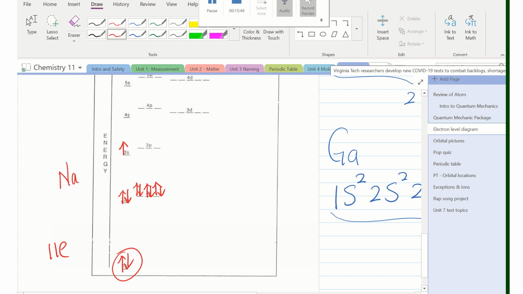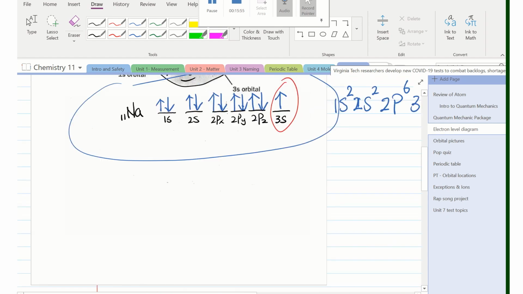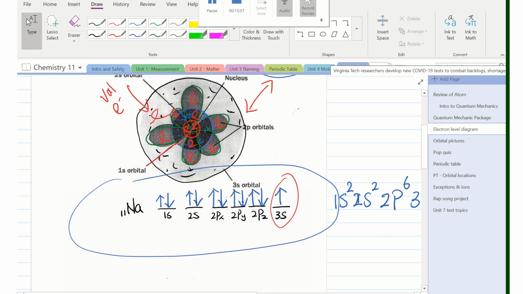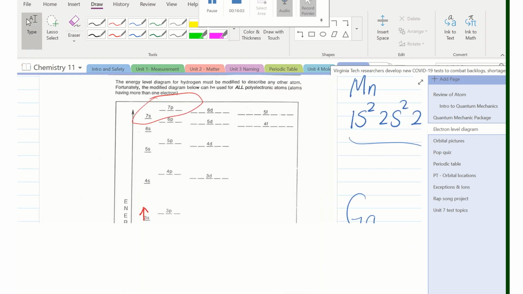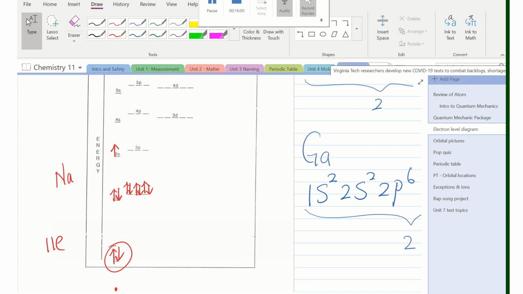This is the energy level diagram for sodium, and instead of drawing it this way, we usually put it like this, so it's easier to see and easier to draw. But theoretically, the real case is the energy level. You should be able to see that one is higher than the other. Okay, I'm going to stop here.